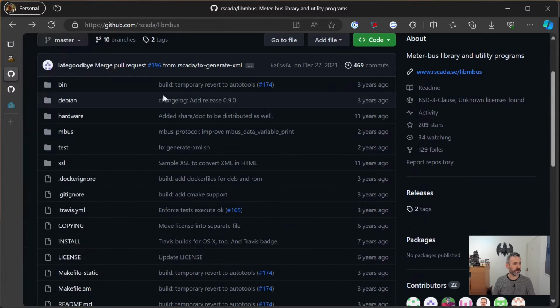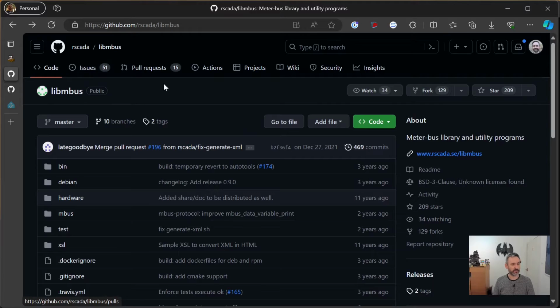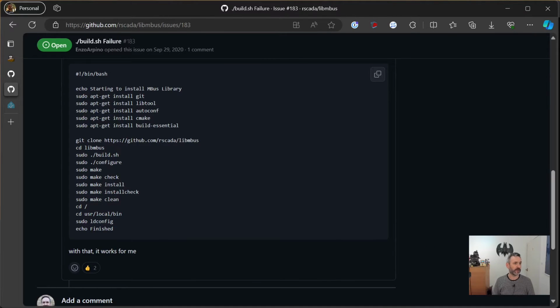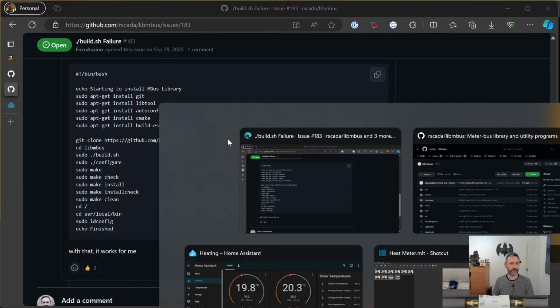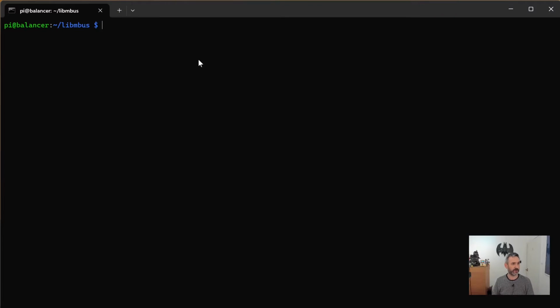But luckily, one of the issues that was open related to the build shell script, and somebody posted their instructions on how to get this set up. So I followed that, and that installed the tools that come with this libmbus correctly. I'll include all the links to this stuff in the description as well if you want to have a go at this yourself. Now if we jump back to the terminal,